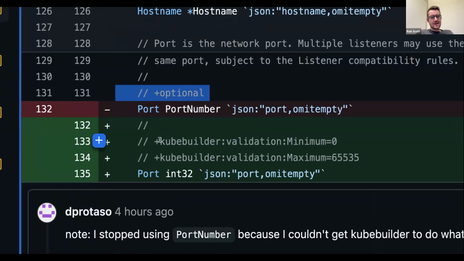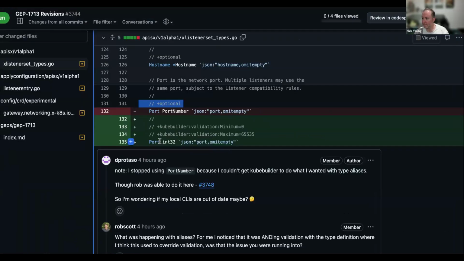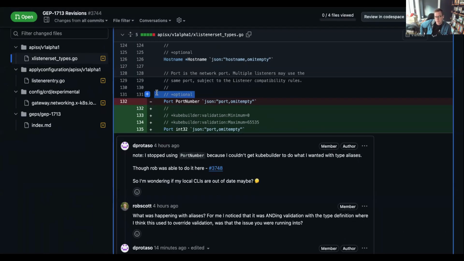So I guess the reason why originally in the GEP I had a pointer, the reason why I don't want to do pointer is because I thought we could do defaulting, so there's only one way of doing it, as opposed to setting empty. If we're wanting port ranges, I think we should maybe make the breaking change now and make this a ports field, and then it could be an array of a port range that has min and max, and also single, and that could give you disjoint ports if you wanted to. I think that's